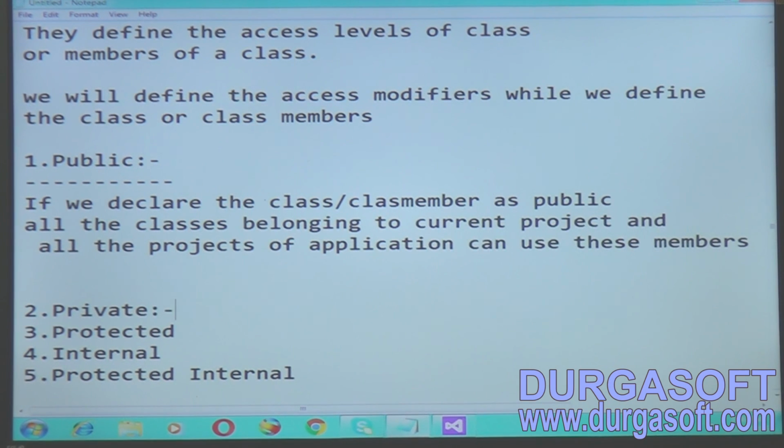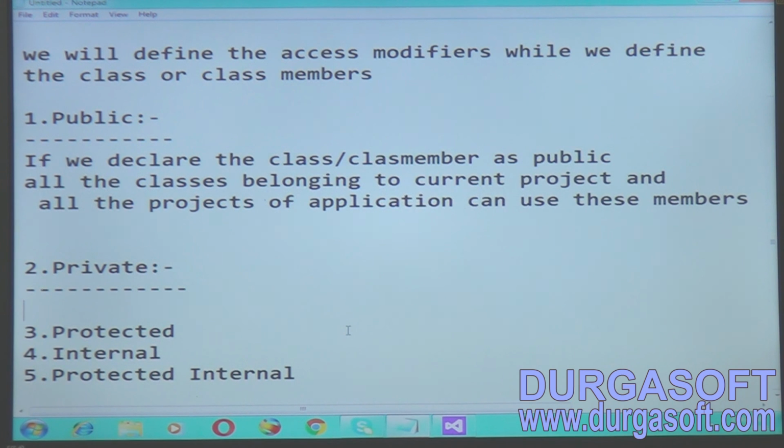Next we will see what is private. If you declare a class or class member access modifier as private, it can be accessed within that class only. Outside that class we can't access it. I will explain it. If we declare the class or class member as private,